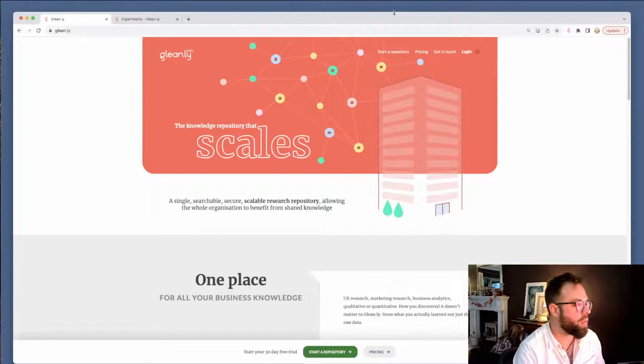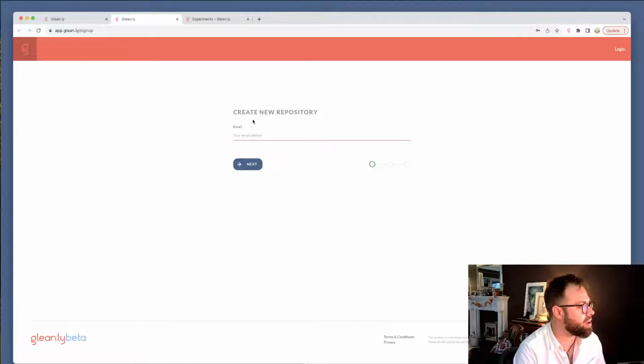So when you come onto the website, if you haven't got a repository already, you can just click Start a Repository, and from there you can get started. Enter your email in, create your repository, and it will ask you a few different questions, not too many, and